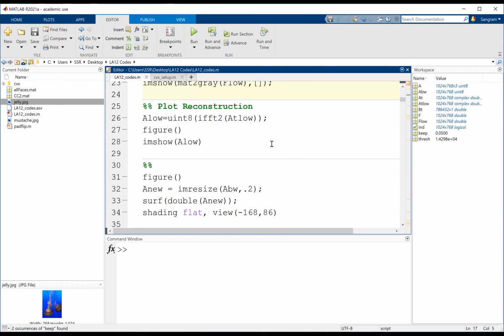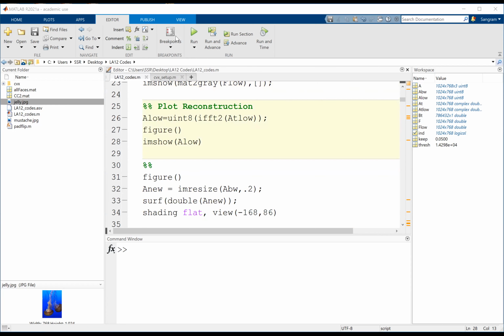Then if you go down and run this section, you will get an image, and I want you for a minute to compare your original image with this compressed image.